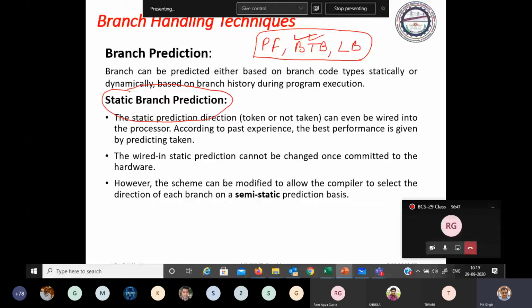Similarly, we have techniques to detect loops, and during optimization your compiler also detects loops, because we have to put more emphasis on loops, since most of the time your processor is busy executing instructions from the loop. So if we can optimize the loop, we may improve the efficiency of program execution. We will discuss the next one in the next class.